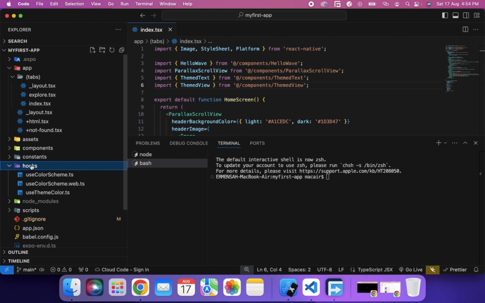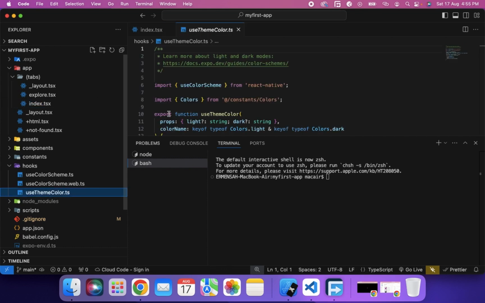And then hooks. Hooks are usually used for managing states within your projects. By default, you have some few hooks that have been created. Now, hooks are a way of managing state in this case. Let's use this code for instance. They are trying to manage the state of a theme. So to manage the state